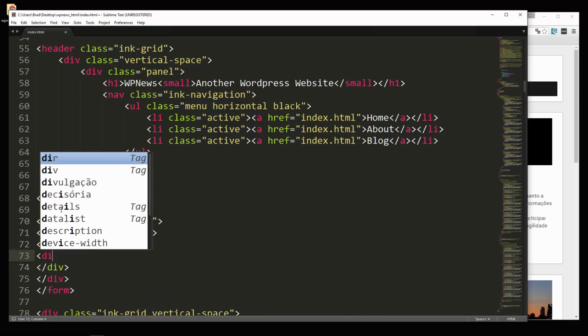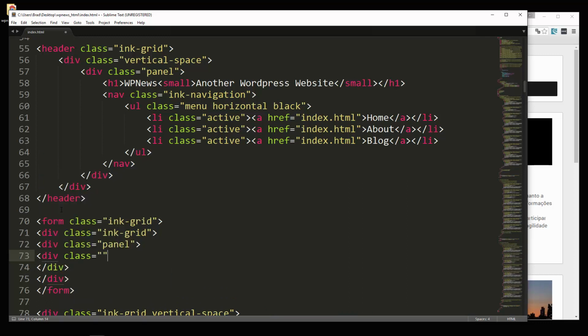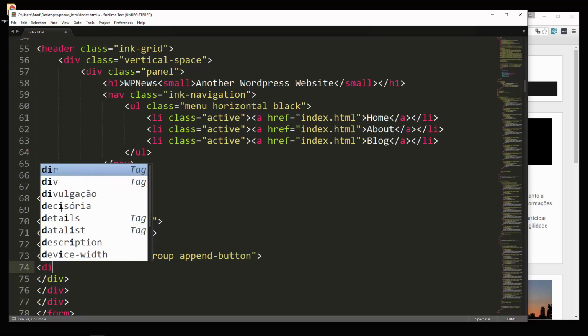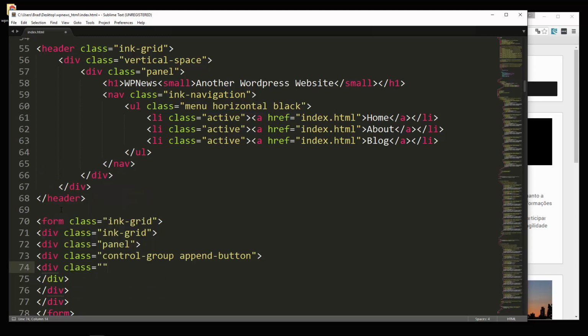Okay, in the panel, we're going to have a div with a couple classes, control group, and also append button. Alright, and then in here we'll have another div, give it a class of control, and then all